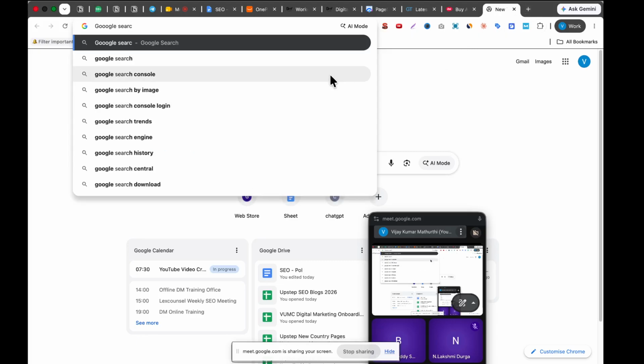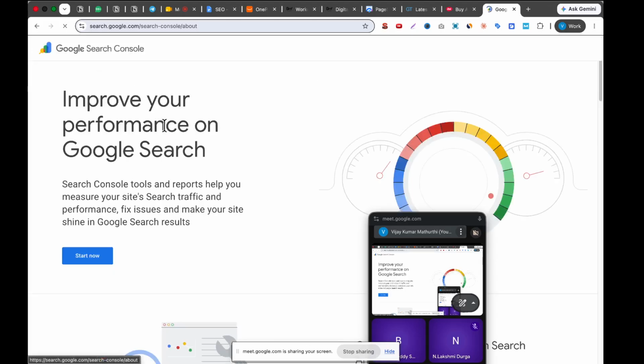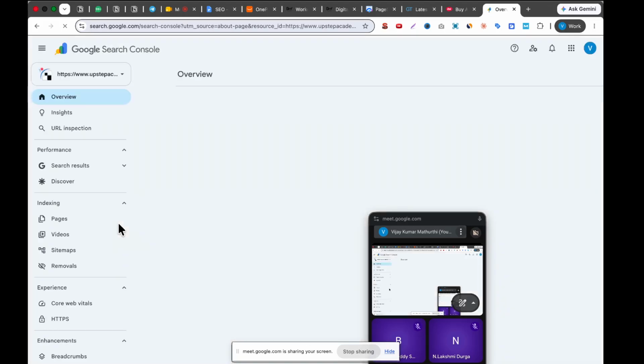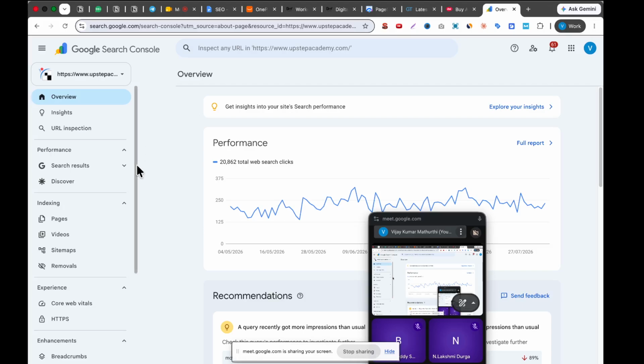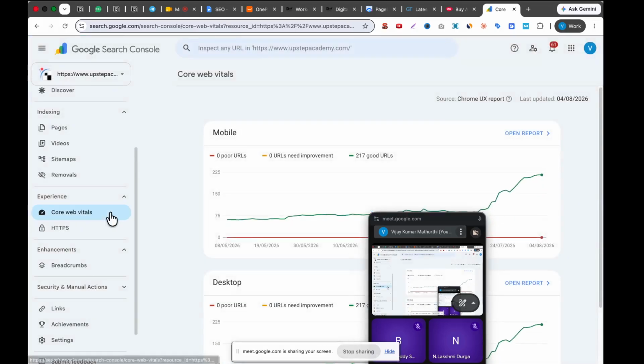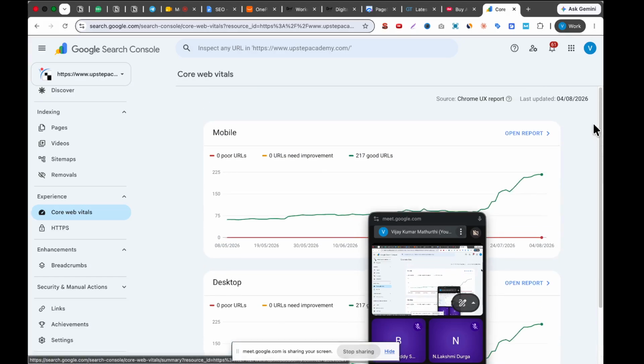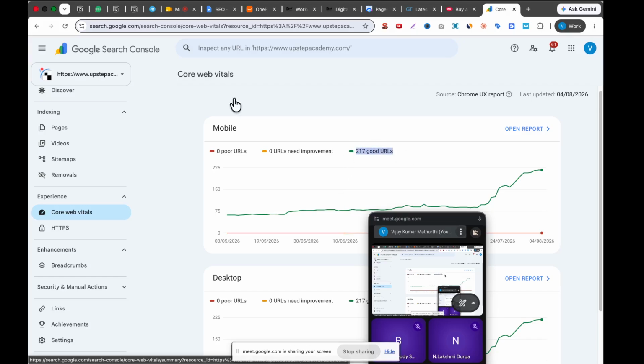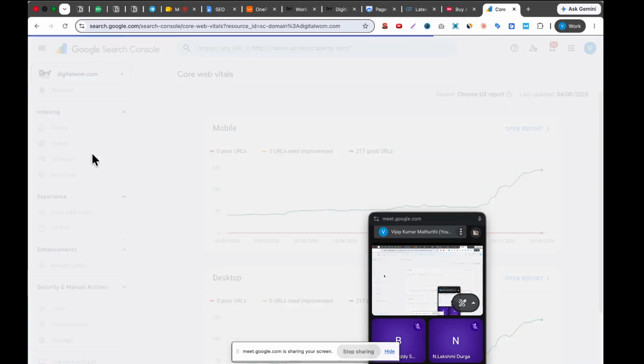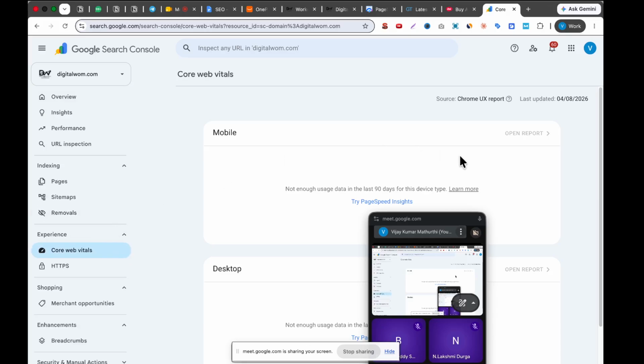Okay, because Google Search Console is only for your website. You can see the Core Web Vitals for your website. So right now, when I click on Core Web Vitals, this website does not show green, which would mean all are good URLs, whereas some websites